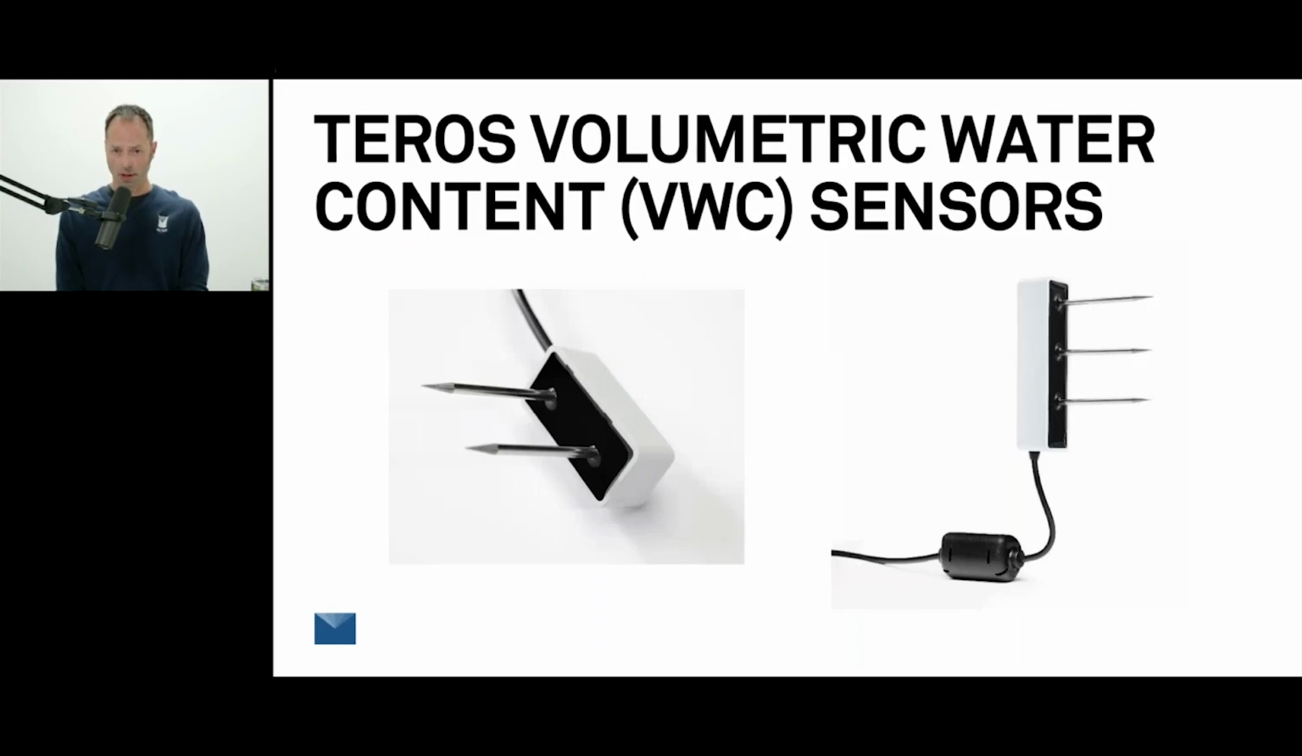And so that's what we're going to work a lot with today. Here we've got our TEROS line of volumetric water content sensors. There's the TEROS 10, a two-pronged analog probe on the left, and the TEROS 12, a three-pronged digital probe on the right. And so we're going to take a look at these. The TEROS 10 is much less expensive than the TEROS 12. So it's an attractive probe, but we're going to look at the difference in performance for the extra dollars that you spend on the TEROS